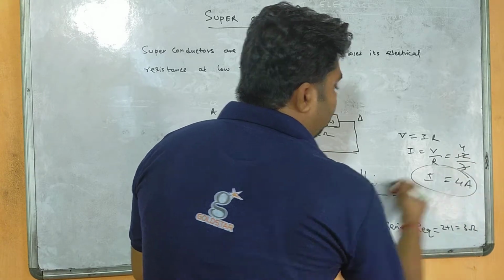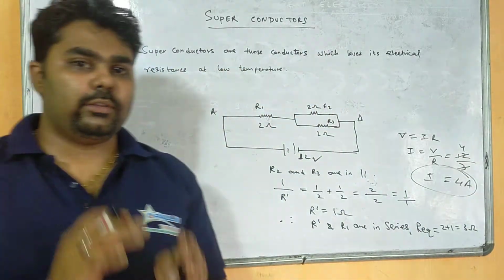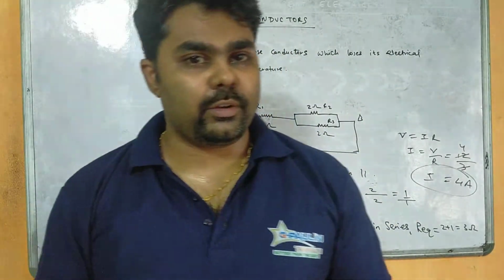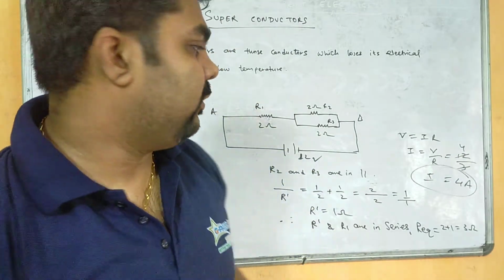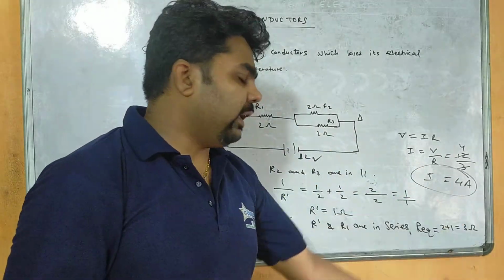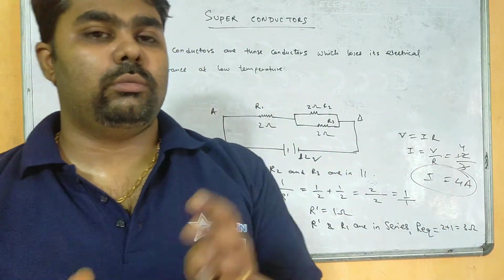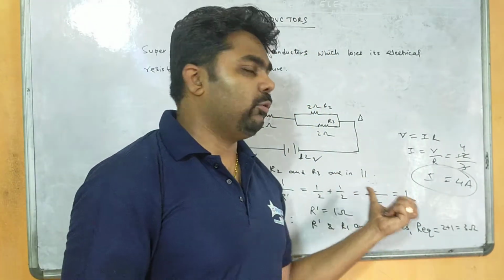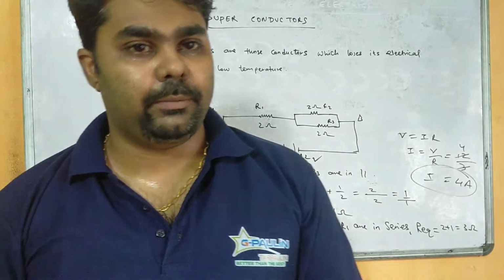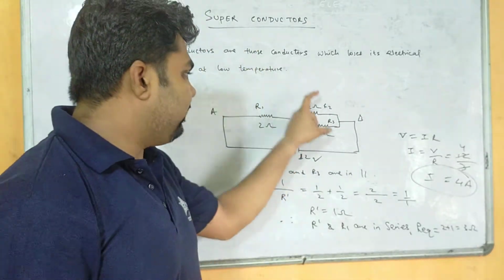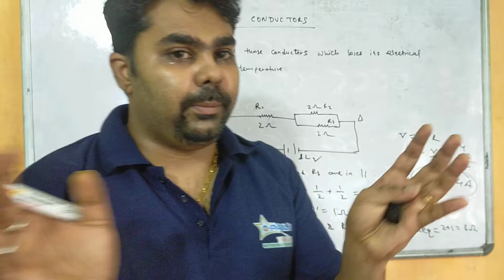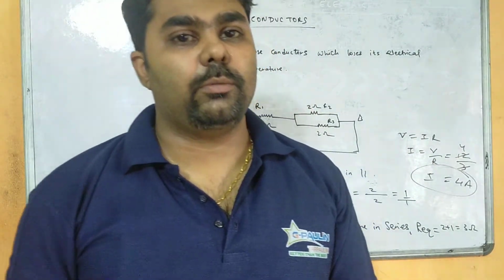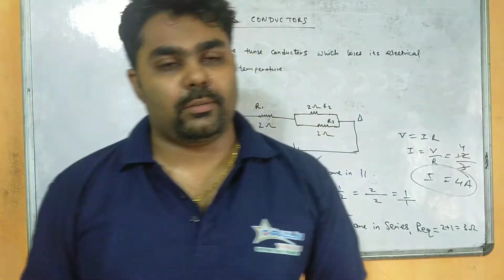Then how much current is passing through this circuit? 4 ampere. So you need to solve numericals like this also. First we have to calculate the equivalent resistance. After calculating the equivalent resistance, the voltage will be given. Then we can calculate the current easily. Or the other way, suppose you are calculating resistance and current is given, you have to find the voltage, that we can also find. So in series connection, we directly add all the resistances algebraically, and in parallel combination we take the algebraic sum of the reciprocals of the resistances.